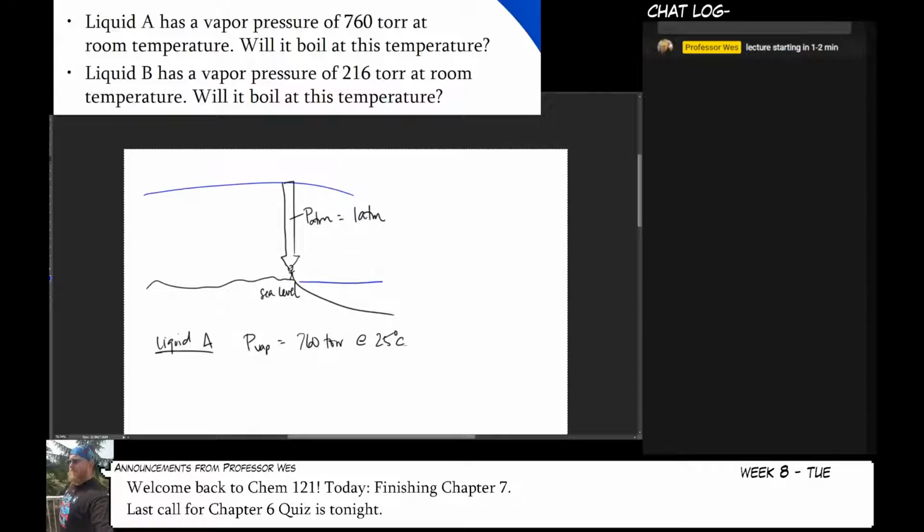Will liquid A boil? Remember, a liquid will boil if its vapor pressure is equal to that of the atmosphere. And this would be my vapor exerting a pressure against the atmosphere, which is not shown or drawn. So what is PATM equal to? Well, it's equal to 1 atmosphere. But we also said that if we go back